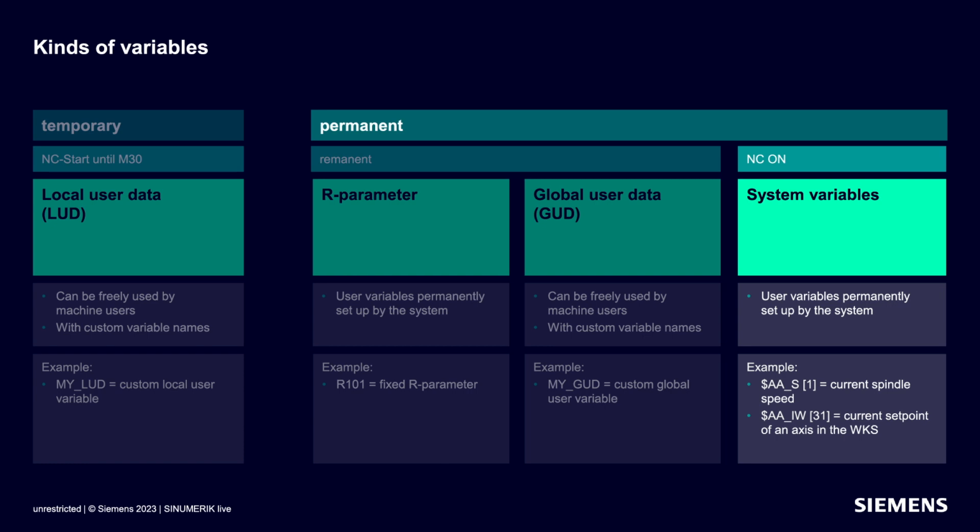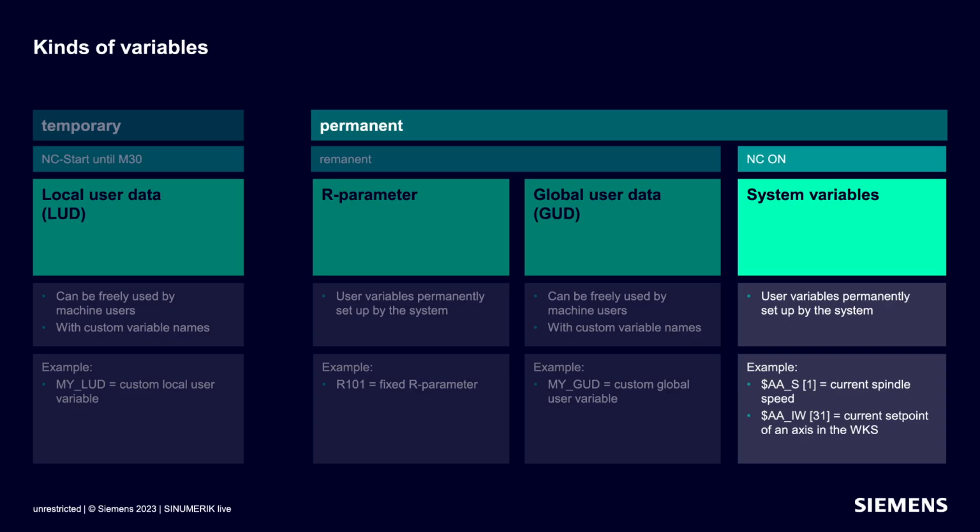But why should I want the spindle speed to be read? I wrote the value myself in the CNC program. Let's imagine we're programming a user cycle. The spindle value is not located in the cycle, but rather in the calling main program. Furthermore, the operator can change the spindle speed at the machine with the override. Therefore, we must read out the system variable.